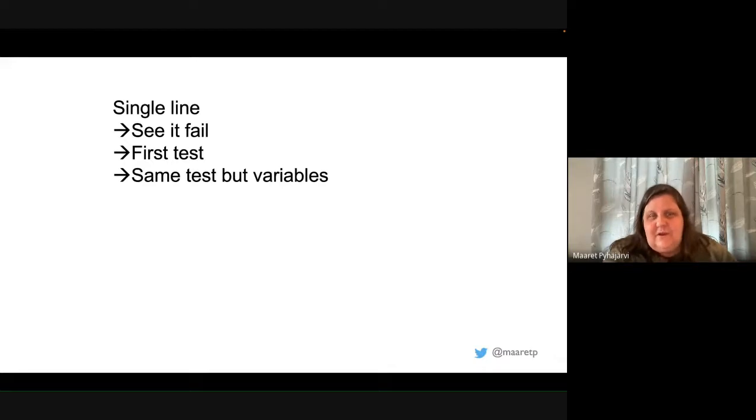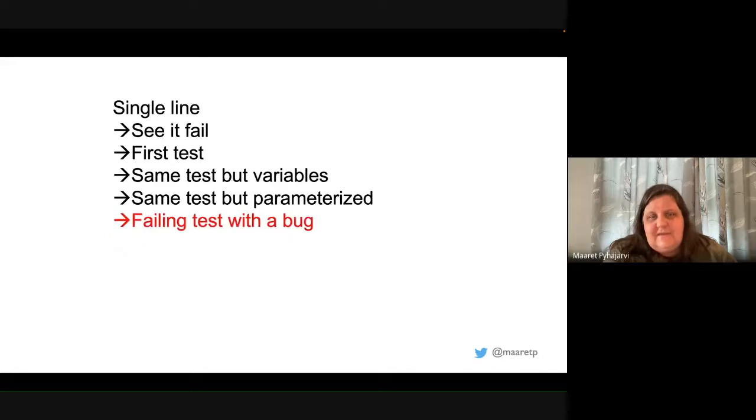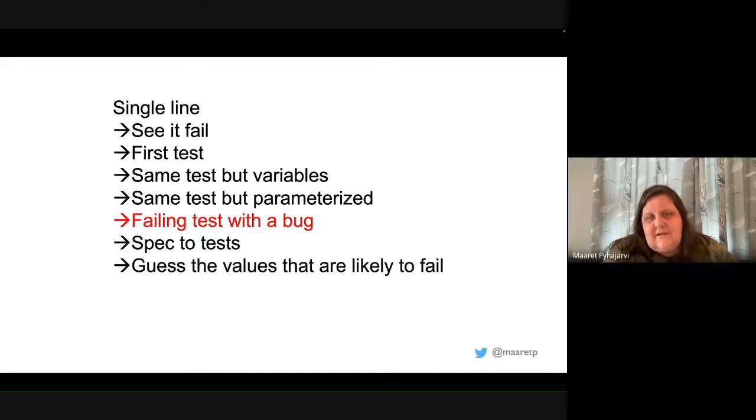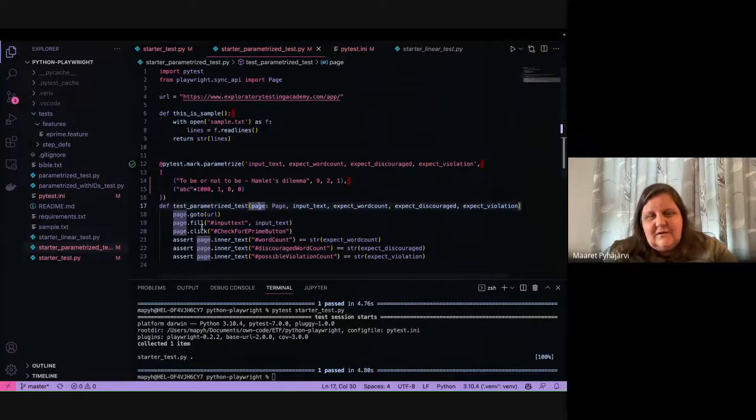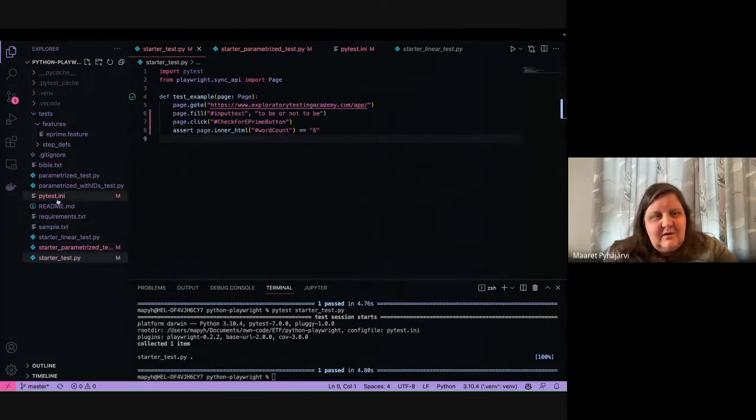Having the same test but now with variables, having the same test but now with parameters, making it fail with a bug, maybe getting the entire specification, all the different examples in, guessing the values that are likely to fail. You could run it on multiple browsers, and you've done a lot more testing in a short time frame on this application when you can just go into the